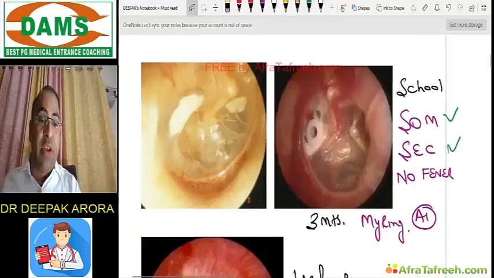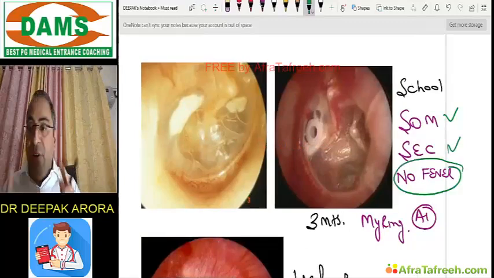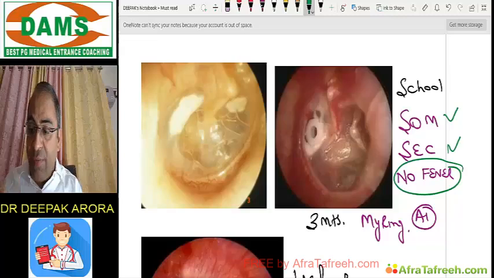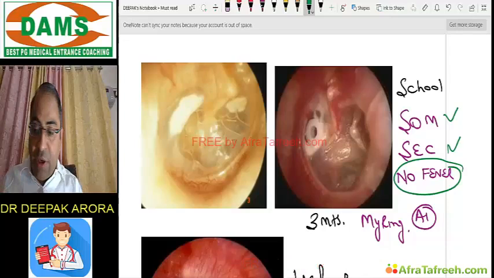Always remember, in the MCQ there should be no fever. But a clinical vignette they will be providing you. In that clinical vignette, just remember one point, everyone. Dr. Anjana, it is Pseudomonas. Just remember, if there is no fever, no